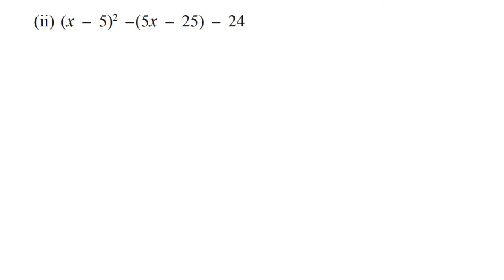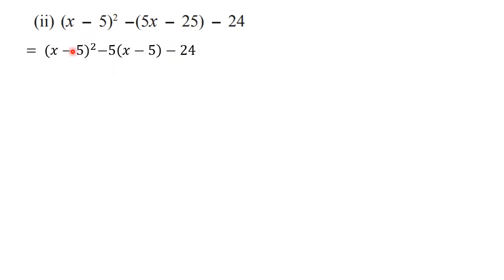Question number 2. Now see, this sum is similar to the first one. A little difference is there. What we can find here is, like in the previous sum, we are not getting the same terms at both places. But we can make them the same. Why? Because here if you observe 5x and minus 25, from these two terms we can take out 5 as common.